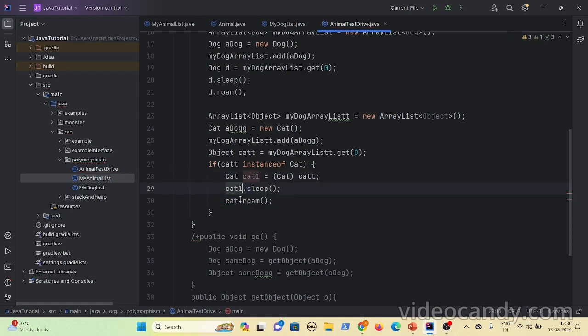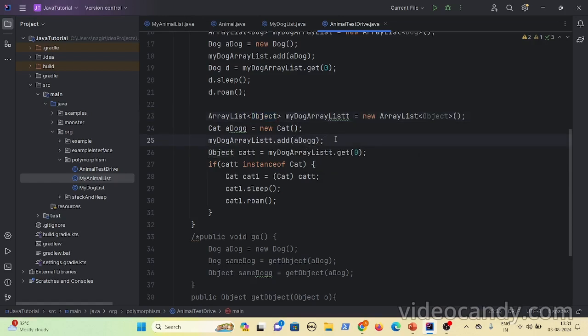While typecasting, if you are not 100% sure which kind of object it is or to which class it belongs, you can do this check. You have created an instance of cat only, but when you assign it to the ArrayList whose reference variable is of type Object, you lose your cat behaviors.